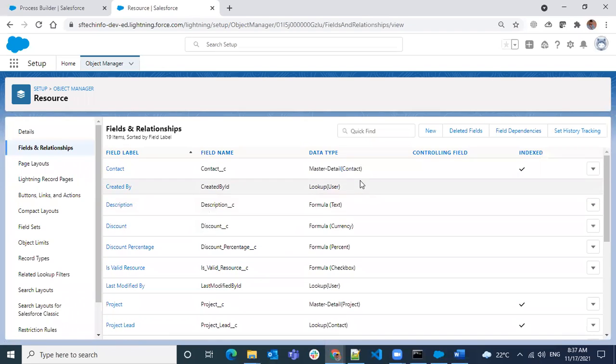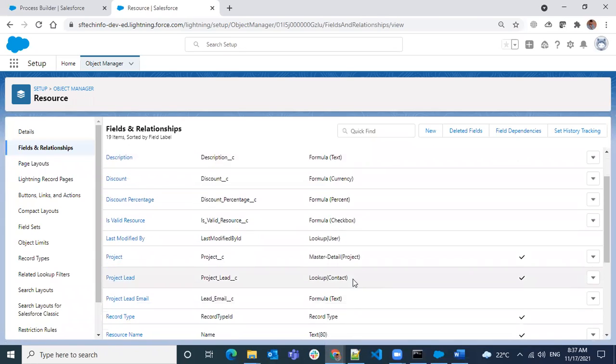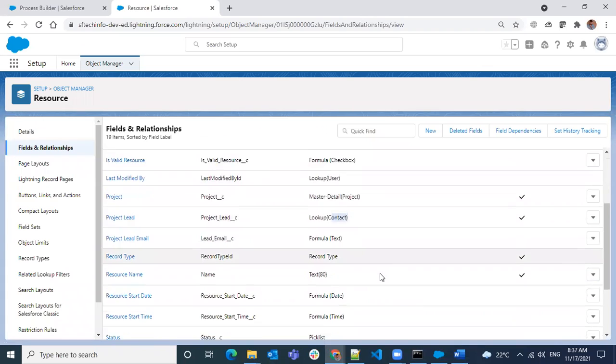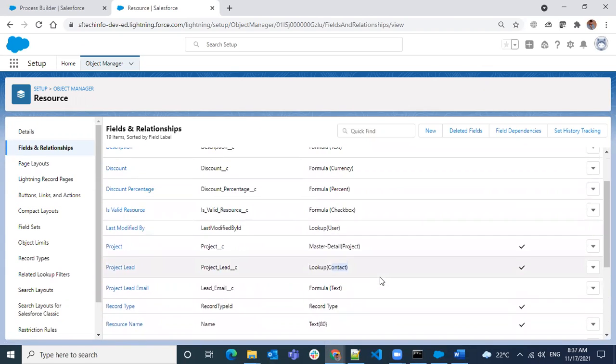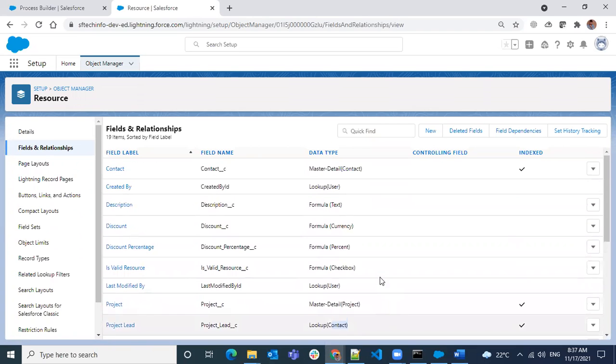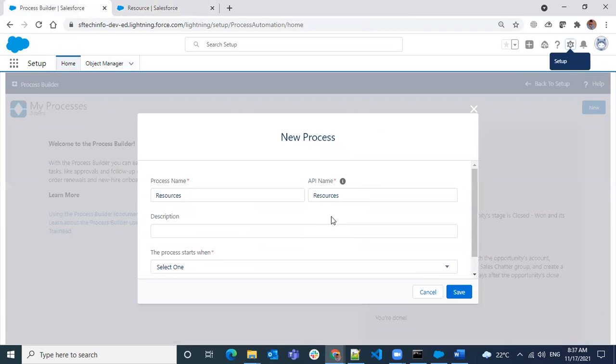Okay, I have master with the contact, master with the project, and lookup with the contact. Okay, fine. I want to give this other resources.